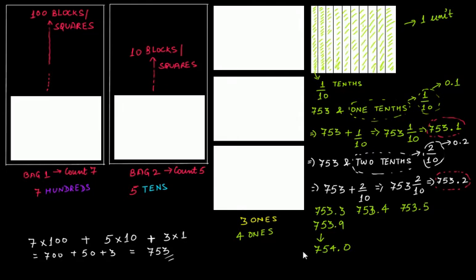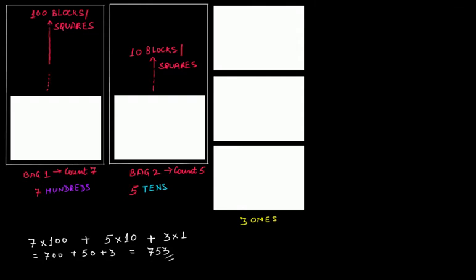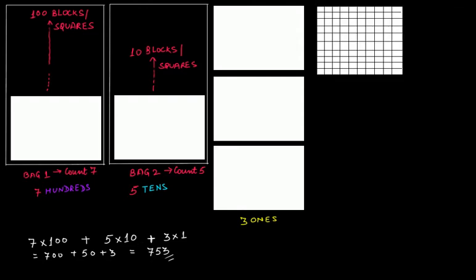But now you have this scenario. You have the initial 753 that we had counted here, but this time you have this block that has been divided into 100 equal parts. If you are given only this portion, since this block or square has been divided into 100 equal parts, therefore